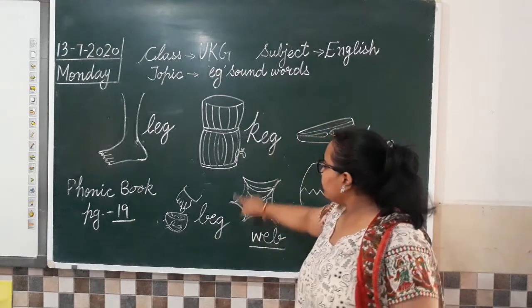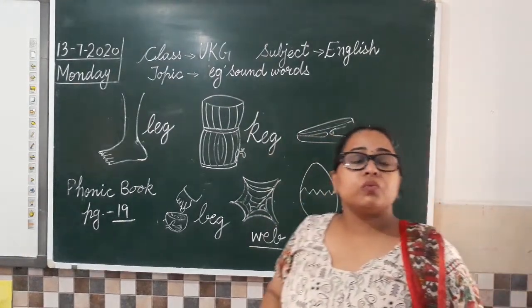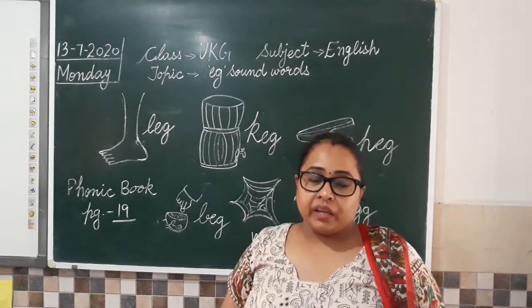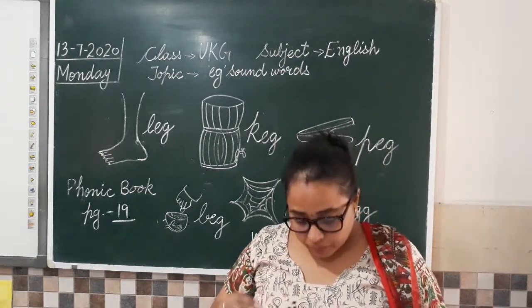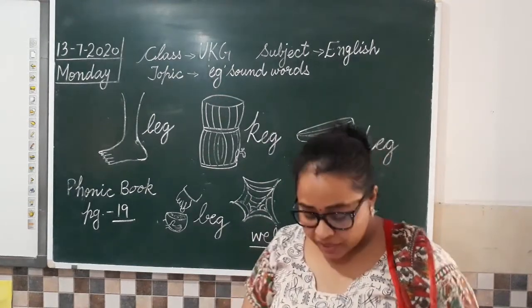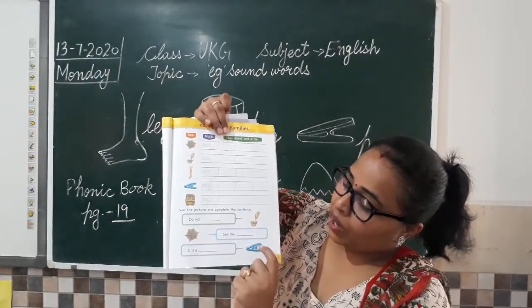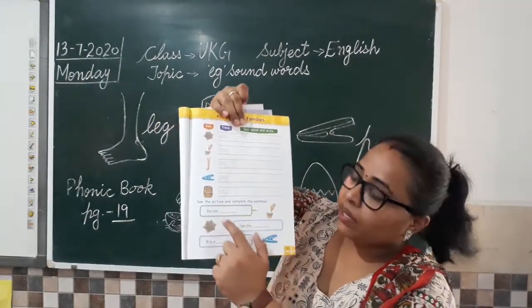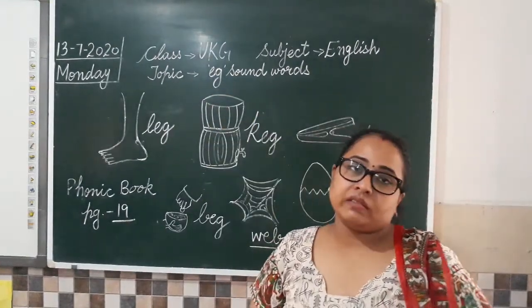As I have written in cursive handwriting, so you will also write these words in cursive handwriting. So write these words and after these words some sentences are given. So in those sentences also you will find pictures. So identify these pictures and write the name and try to read these sentences also.